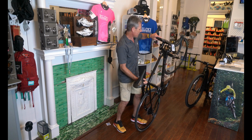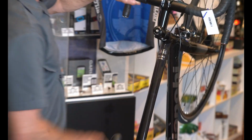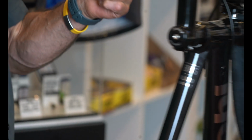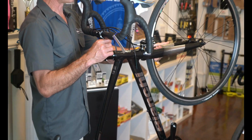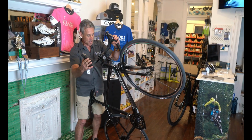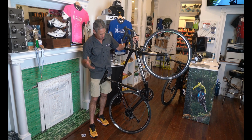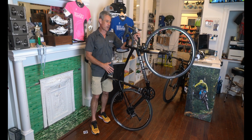And if you look at it, it's got a cool badge here. It says 1885 Milano. So when I say it has a pedigree of racing, this bike has done a lot of racing in the past, but yet they still come to you and bring you a bike that's tried and true, a good rim brake bike. It's got Tetra rims. It's got a beautiful badge on the front, cool black with a kind of a mirrored chrome finish on it. Not a super fancy bike, but definitely a bike that's solid, ready to go, and